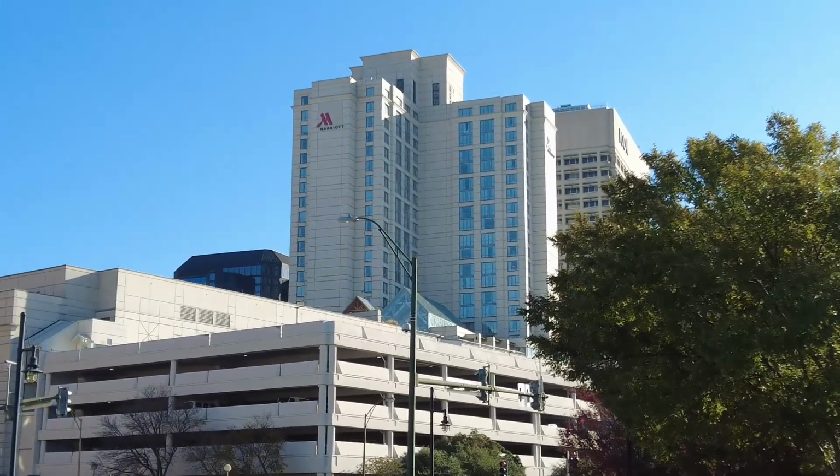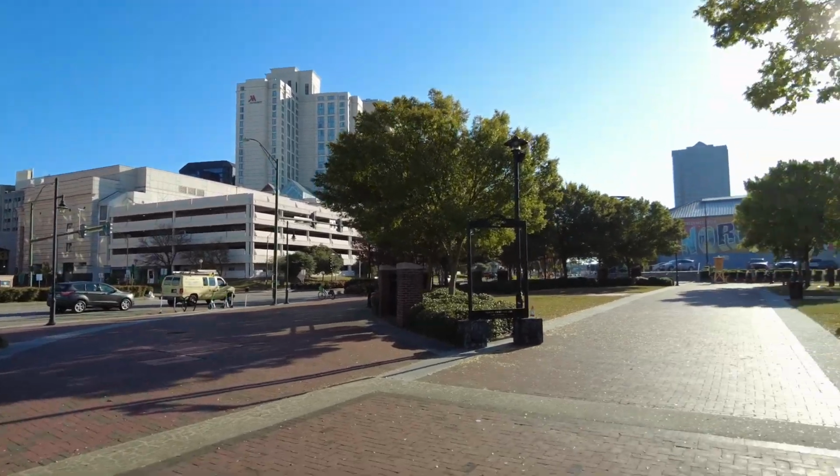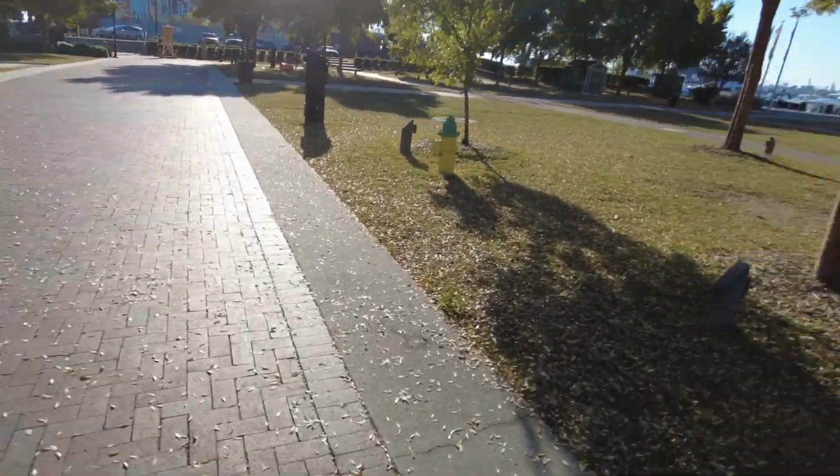So there you see my hotel where I'm staying, the Marriott, conveniently connected with a walking bridge. A walking bridge towards the restaurant shopping area, what we have here, and as soon as I'm in there, I come back and do a quick tour of the shopping area. So while walking through the Nauticus, which is a museum, some